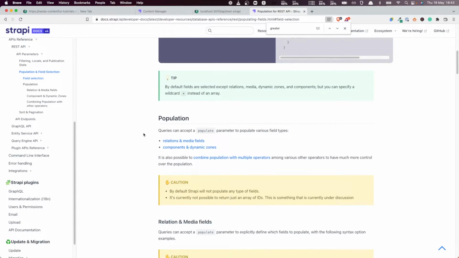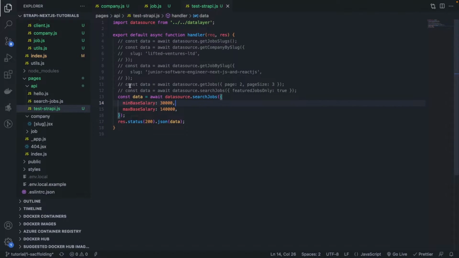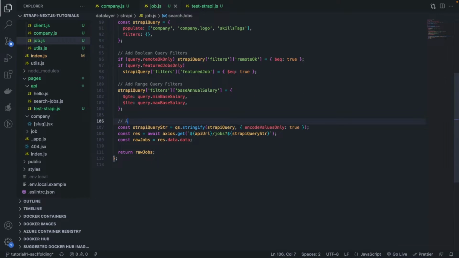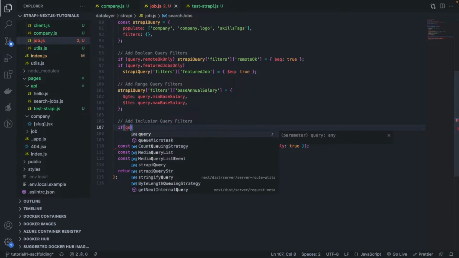So how do we do an inclusion query? It's very simple, let me show you. We're going to come once again to our jobs and add some more filters here. Add inclusion query filters. Now what we want to do is very simple. We want to say if query